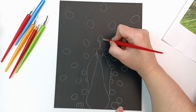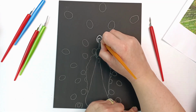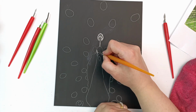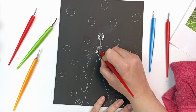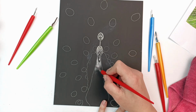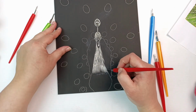I was a bit nervous about stuffing up, but really you just have to jump in with both feet sometimes, don't you? And I just followed the reference image as much as possible and pretty much did all of it, scratching it out. I did have the black there if I wanted to cover any mistakes, but I ended up not needing it. I was quite happy with what I did, and as you can see, it's very, very hypnotic